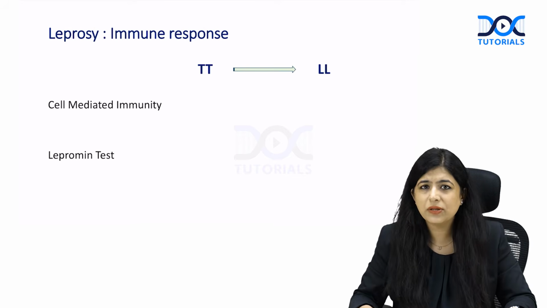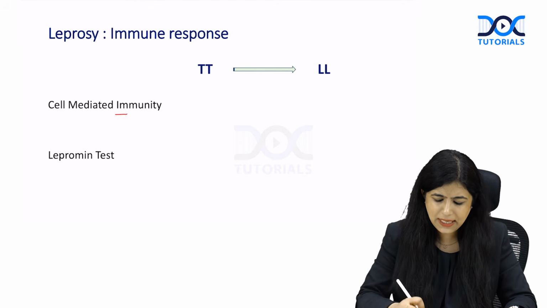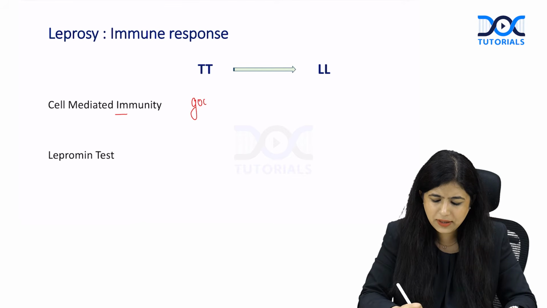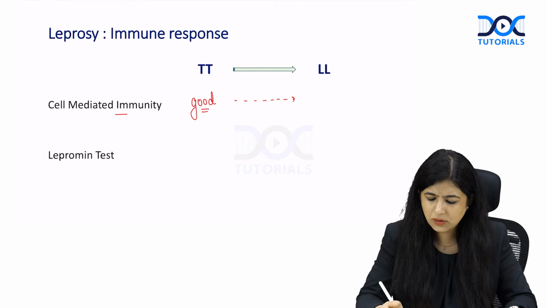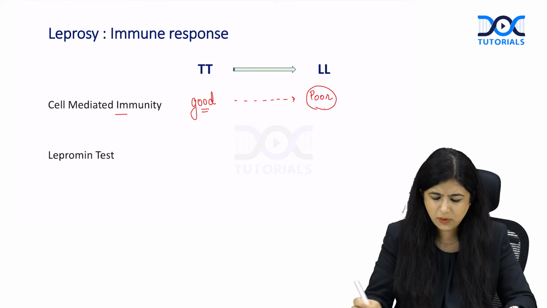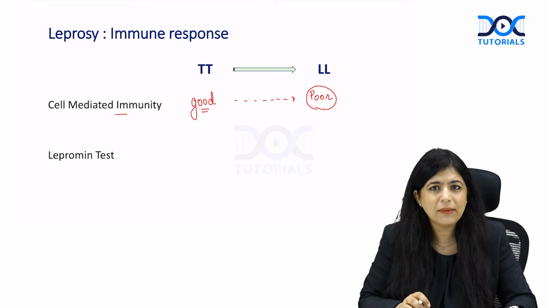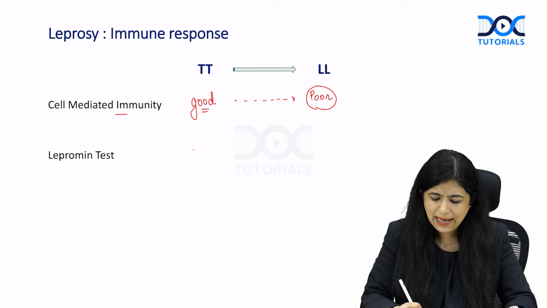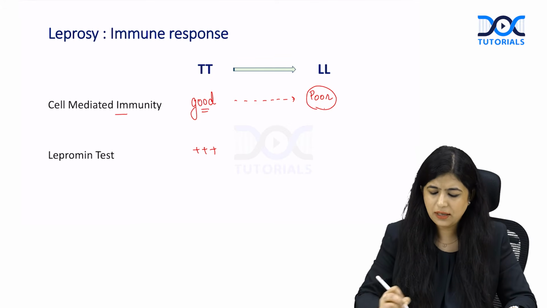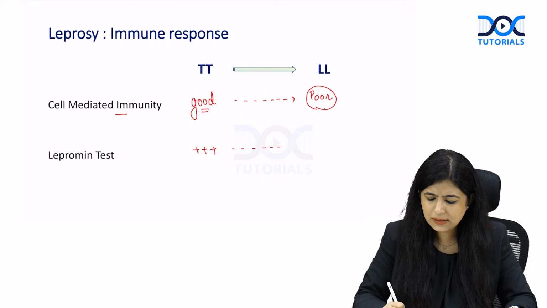Now, what happens to the immune response? The cell-mediated immunity is very good in the tuberculoid pole, and reduces over time to LL leprosy, where there is a very poor immune response. A marker of immunity is the lepromin test that we do in leprosy, highly positive in the TT pole. It reduces in the borderline, becoming negative